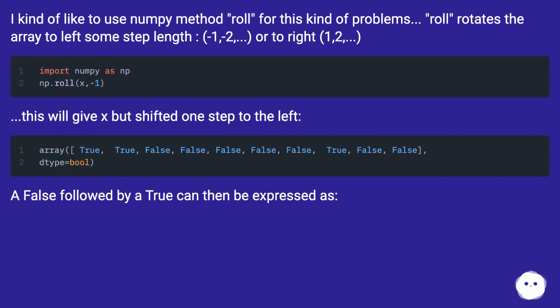I kind of like to use the Numpy method roll for this kind of problem. Roll rotates the array to the left by some step length, -1, -2, or to the right, 1, 2. This will give x, but shifted one step to the left. A false followed by a true can then be expressed as